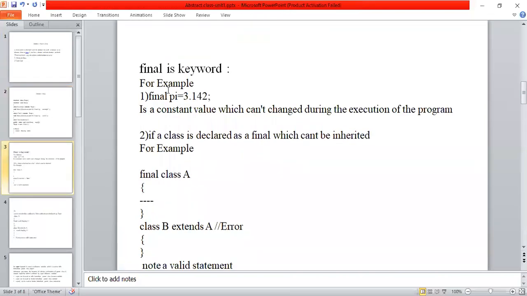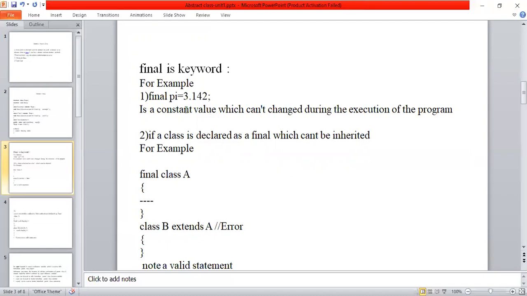Okay, the next concept is the final keyword. The final keyword is used to implement a constant value.